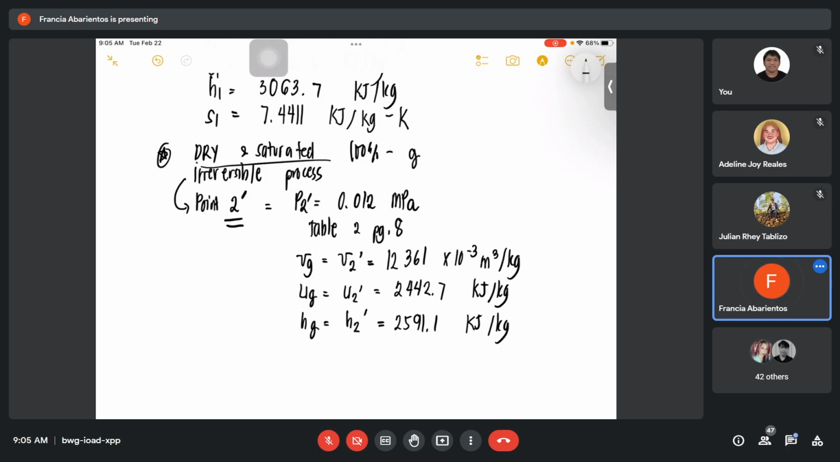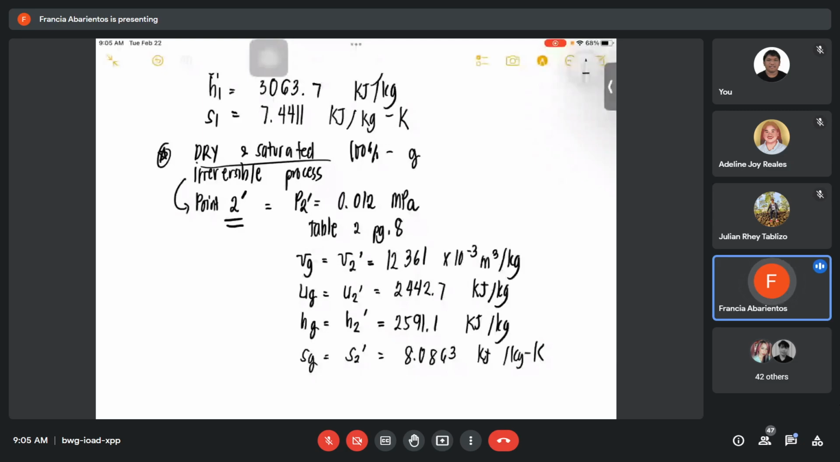And last but not the least, the entropy at that prime, at that irreversible process, is equal to 8.0863 kilojoule per kilogram Kelvin. Okay. So, pinakita lang class ni ma'am kung paano kumuha ng mga different state points at the irreversible process. Okay? So, take note,